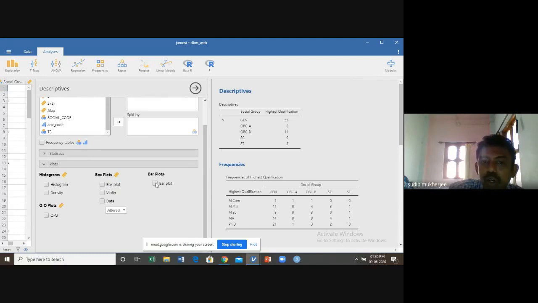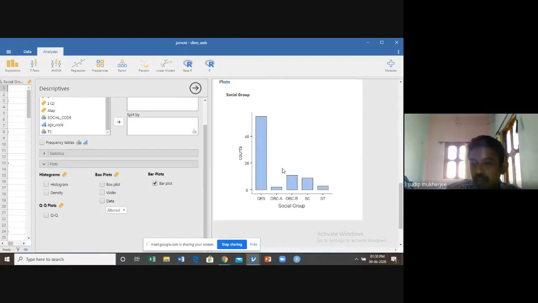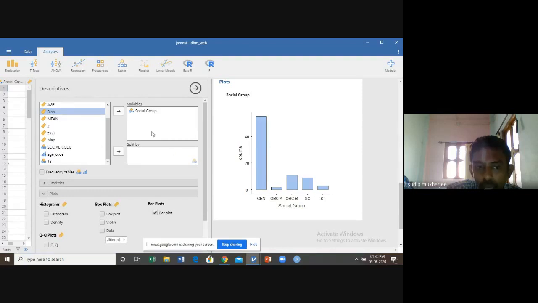But as we know, social group is not a continuous variable. We can only draw the bar plot. Remember one thing, in Jamovi, you cannot draw a pie diagram. Pie diagram is not possible in Jamovi. But this is the bar plot.